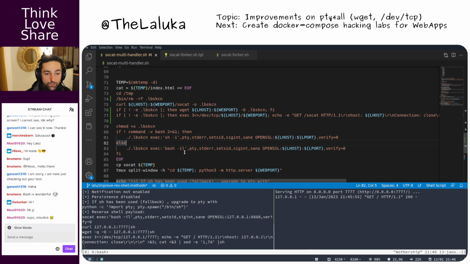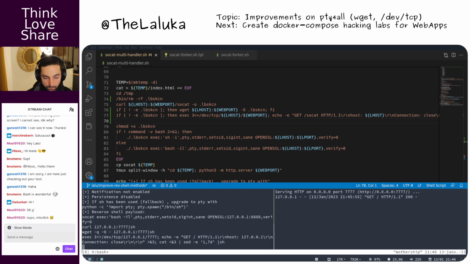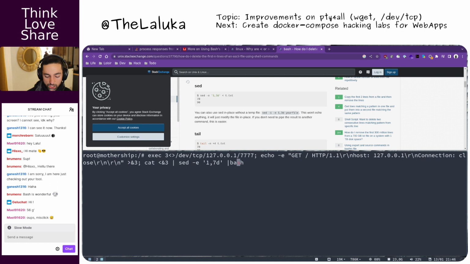But so we can't really. No, that's not the reason. I think it's the reason. Try to have a slightly different version of it. Bash.